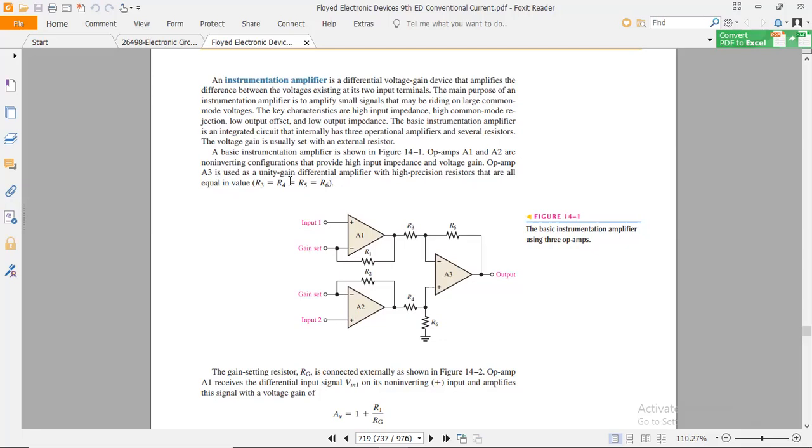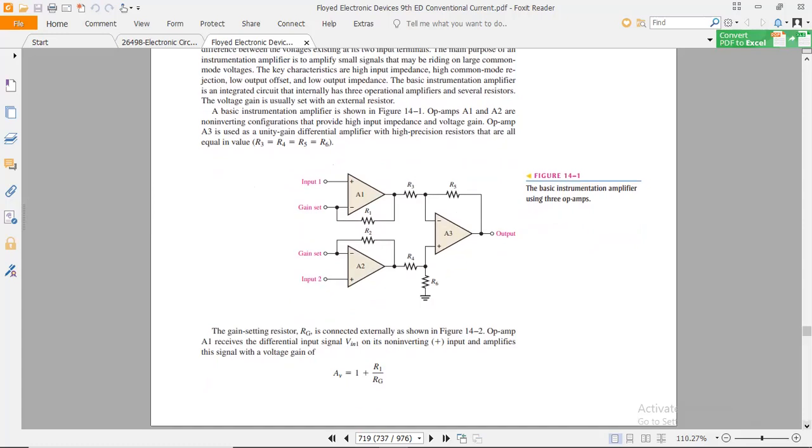Op-amp A3 is used as a unity gain differential amplifier with high precision resistors that are all equal in value. R3 equals R4, and R5 and R6 are equal in value, as you can see in these figures. R1 and R2 provide feedback from the output to the input as the inverting amplification signal